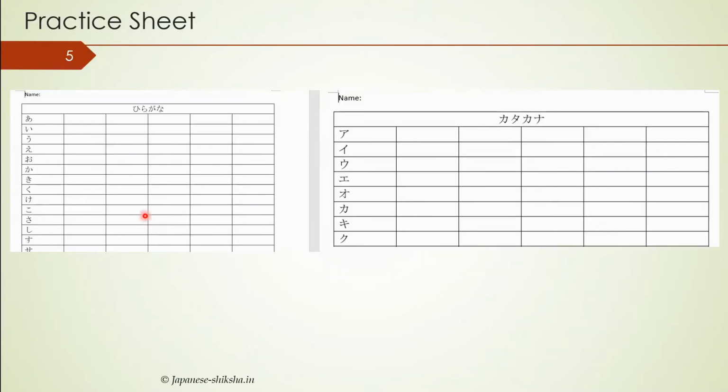Before we end, basically these are the practice sheets of hiragana and katakana. So what you need to do is, for each of the characters, the screenshot is small, but the list is huge actually. So you have to write each of these characters 5 times, and with writing you will be able to remember. Your capability to remember these alphabets would increase tremendously. So I'll be sending out these practice sheets to you. Keep practicing, and you have to submit it back to me for checking.